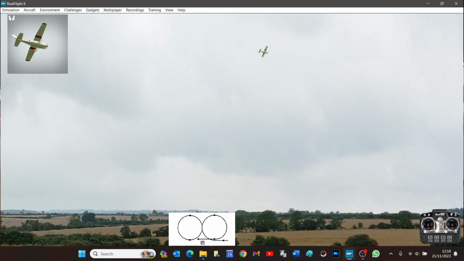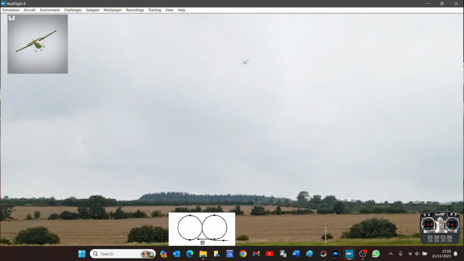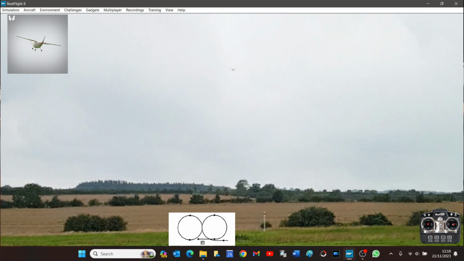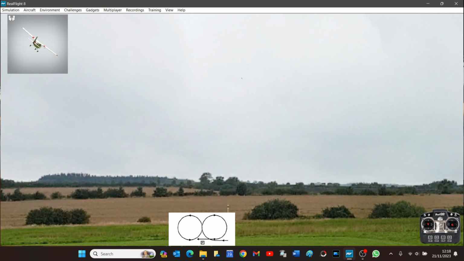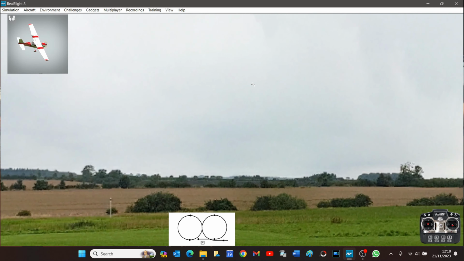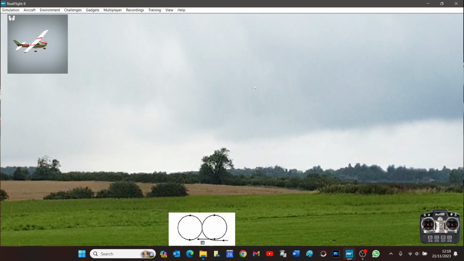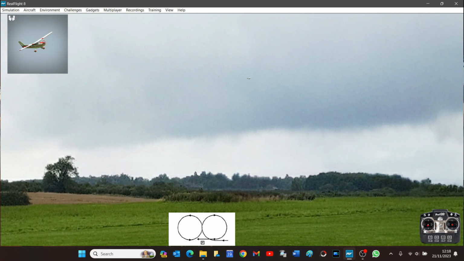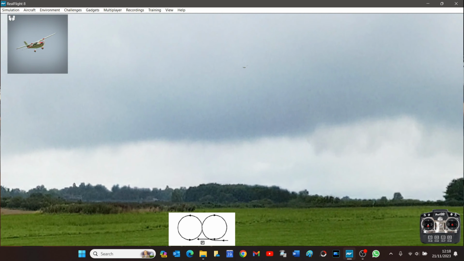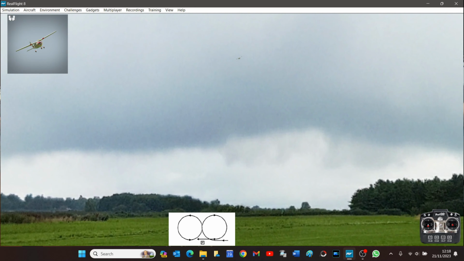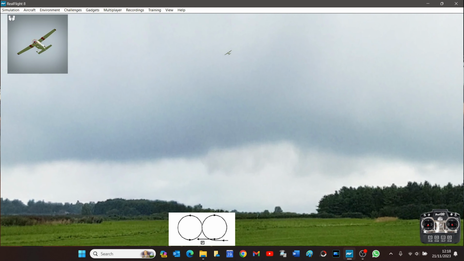And again, we want the aircraft flying away from us at 90 degrees. You can see the drift is affecting the model there. And then we turn in the second half of the figure of 8. Again, think about how we're going to be using the angle of bank and the throttle to keep these circles nice and round. And obviously we want to finish the figure of 8 in the same spots as we started